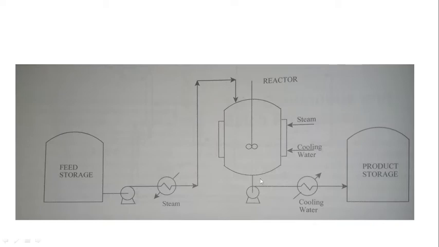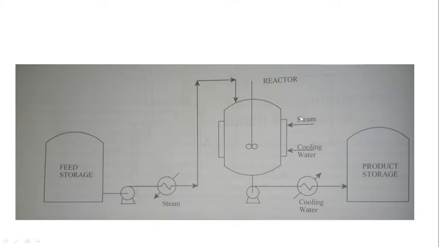This is a simple schematic of a batch reactor. This is a stirred batch reactor. Initially we will pass the feed, the reactants that we need to process, from a storage tank using a pump, preheated using a heat exchanger. It will then be dumped into the batch reactor. Then after the reaction happens, we will hold it for a particular time for the reaction to happen